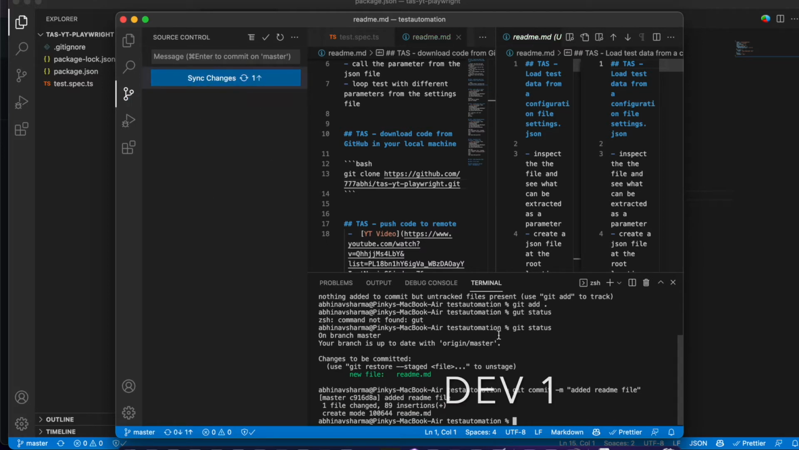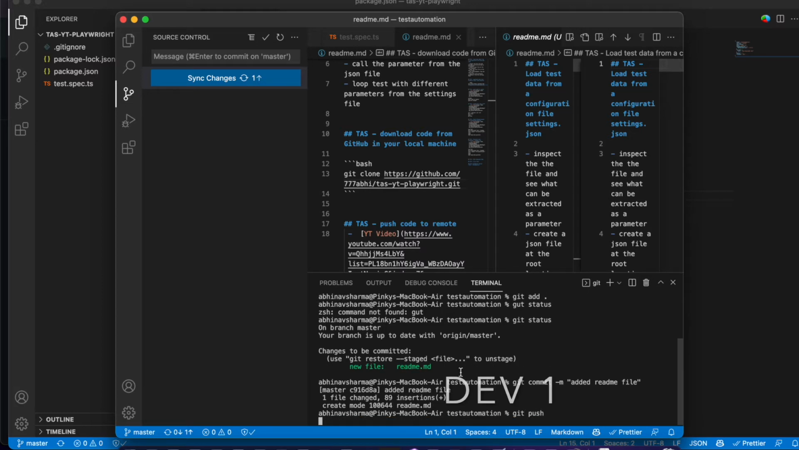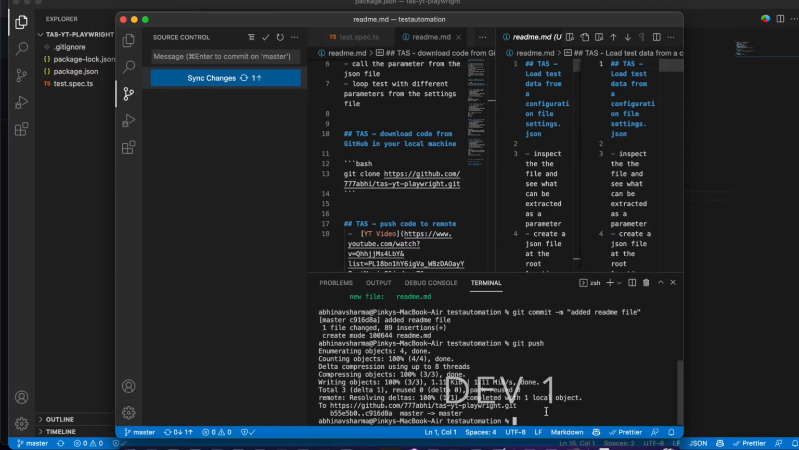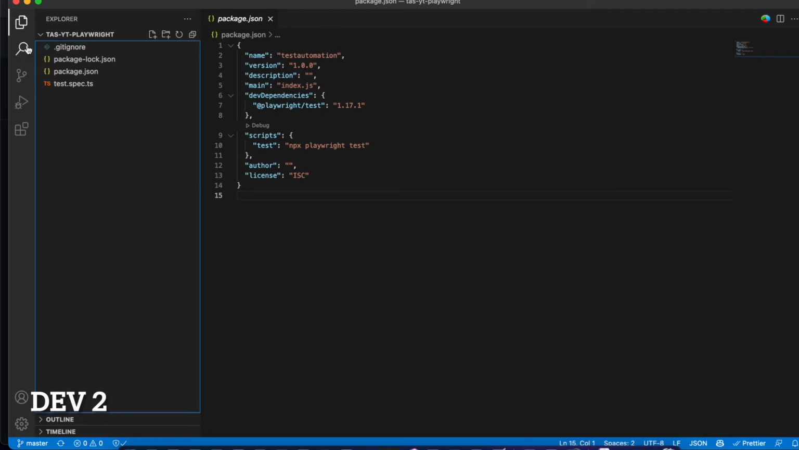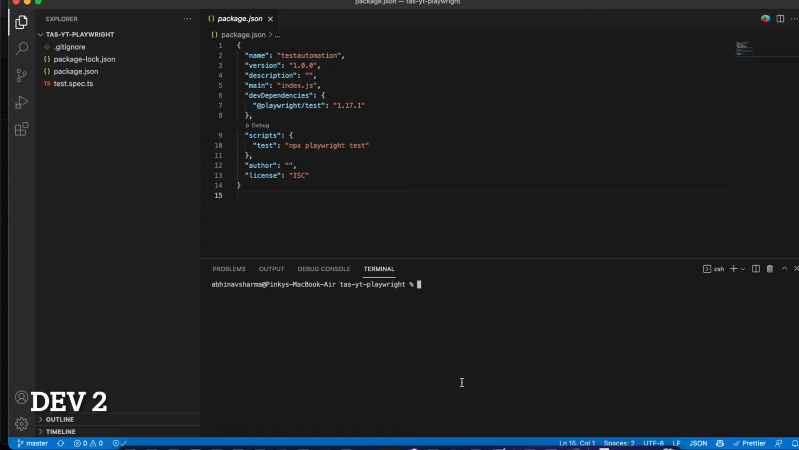That's done. The changes are committed locally. In order to push them to the remote, you have to issue the command git push. That will move these changes to the remote as well. Now dev1 has made some changes, and those changes are also pushed to the remote repository. Coming on to the dev2 screen, as of now we don't see those changes here. In order to pull the latest code from remote, dev2 can bring up the terminal and issue the command git